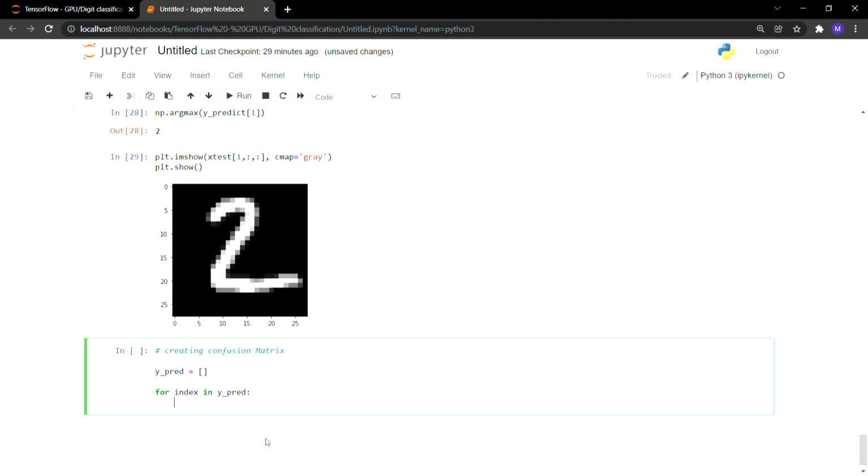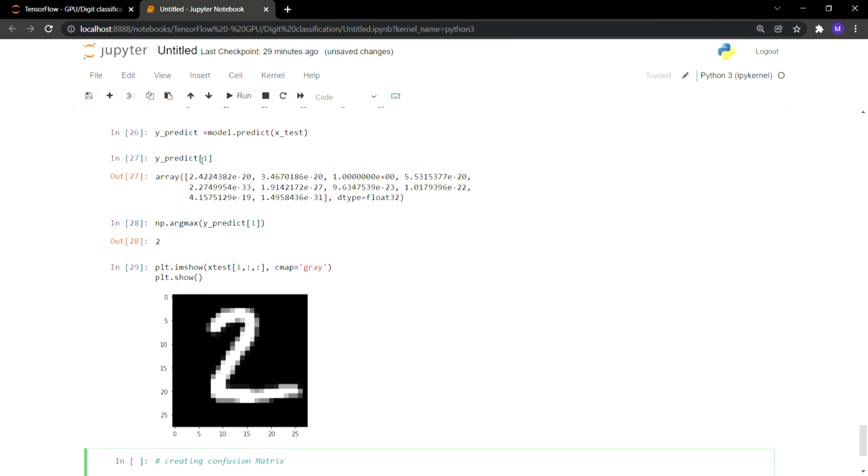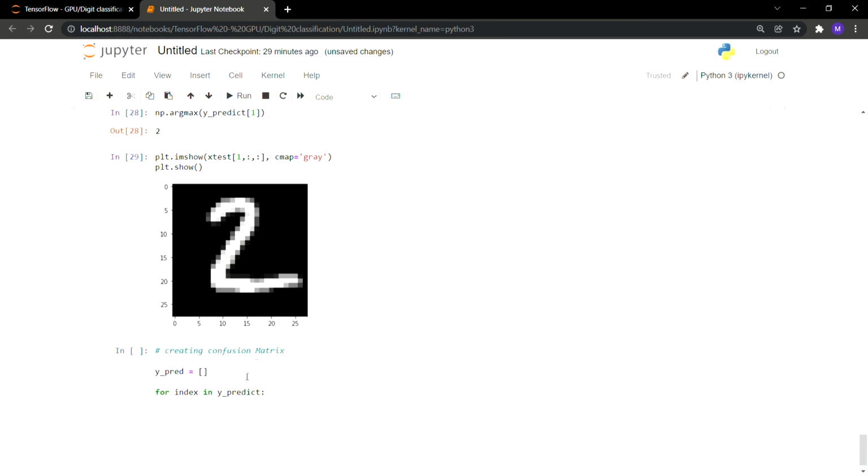Here actually it will be predict and not pred, because here we have used y underscore predict. Now we want to append it in y underscore pred. So now we'll use y underscore pred dot append,